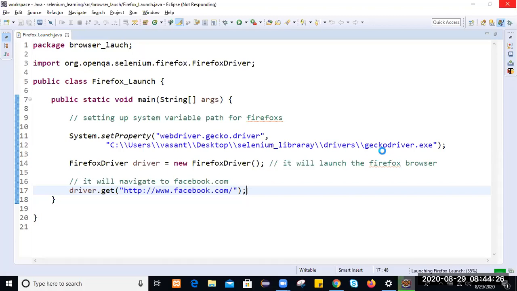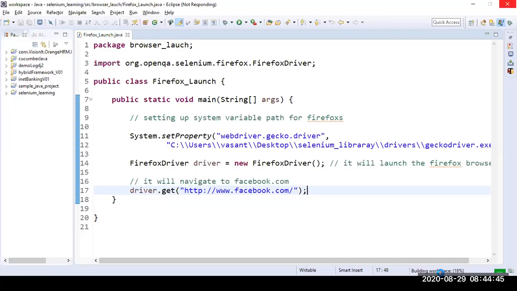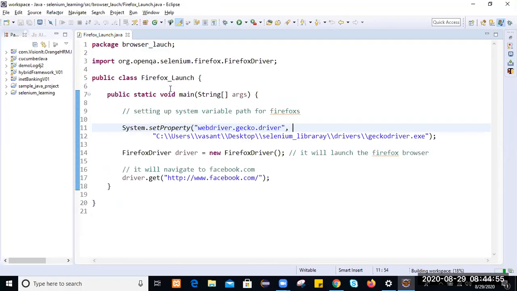Similarly, here we have downloaded geckodriver.exe. So there also we will download some other driver exe. What are those? We'll check by launching Chrome also. So let's see, it is building the path. First it will load the workspace, and then it will launch. Building the workspace and all is taking some time, not an issue.